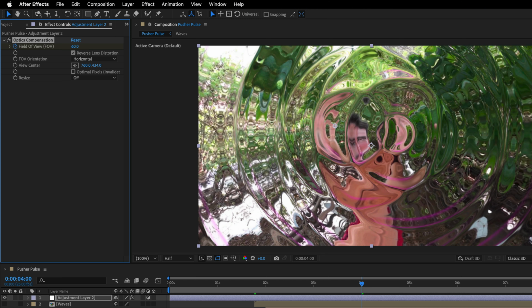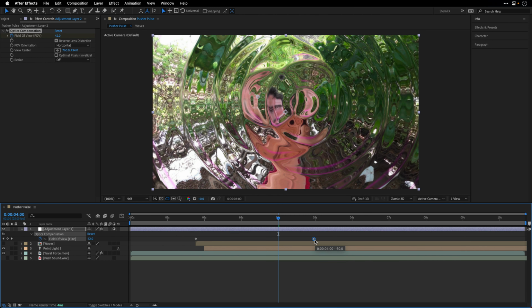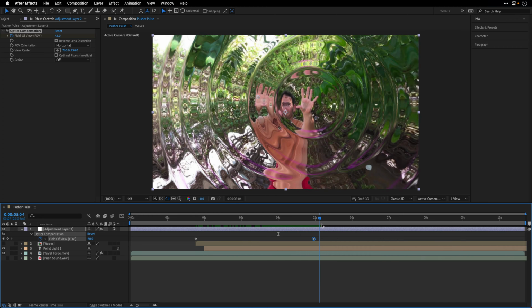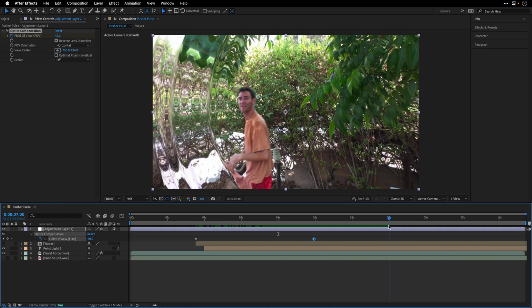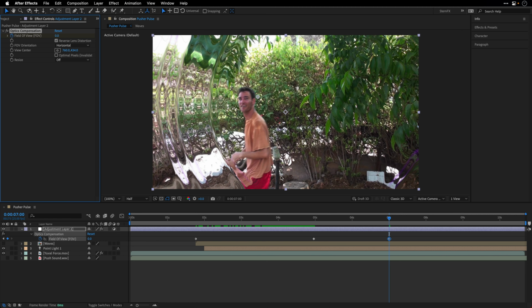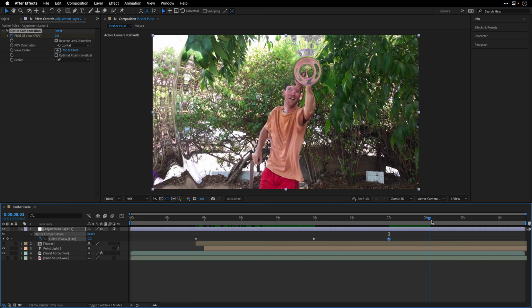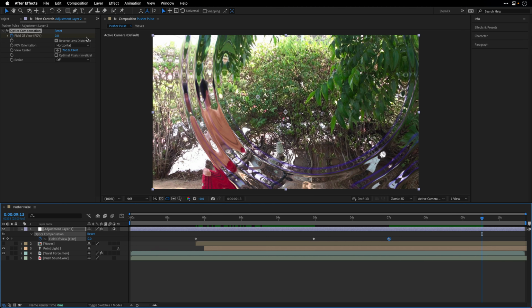So let's go to a value of 60 here, press U so we can see the keyframes, and let's drag it somewhere over here. This is going to create this effect. Now, once he's leaving the scene, at around 7 seconds, I'm going to take out the distortion. So set it back to 0. And then when he returns over here, maybe I'll go almost towards the end and then exaggerate the distortion